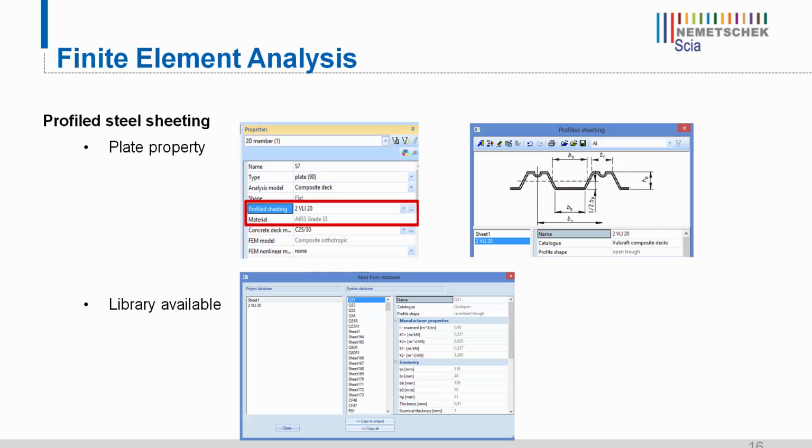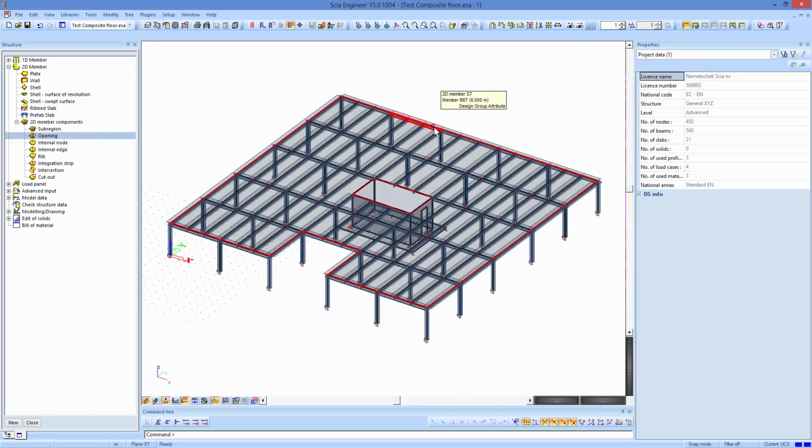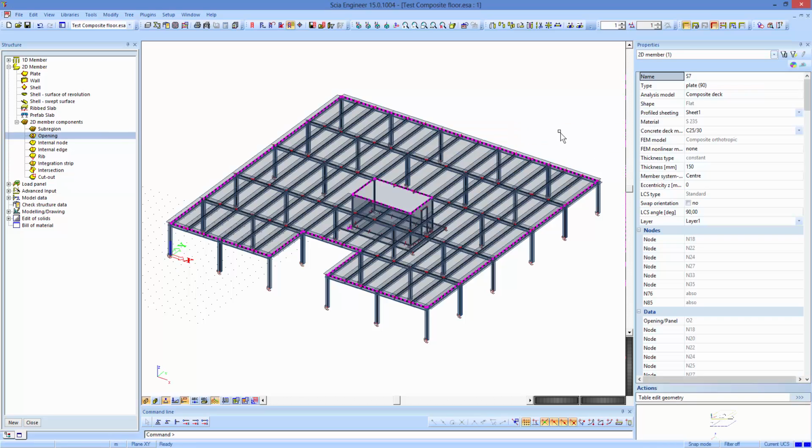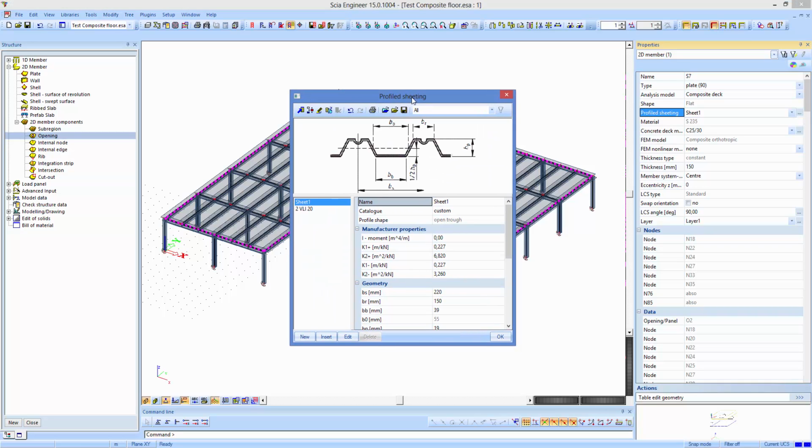Now, as mentioned before, the profile steel sheeting is a plate property, so this also has to be chosen in the properties of the plate itself. There's also a library available in Scia Engineer with predefined steel sheetings. So if I go back to my Scia Engineer and I select the 2D member that we just created, here you see the property profile sheeting. You have the possibility to select or create a sheeting yourself,